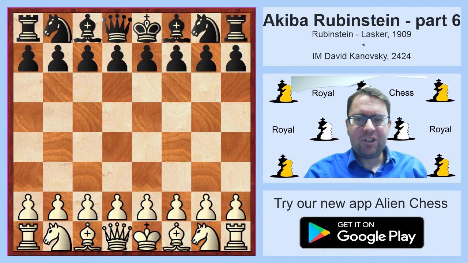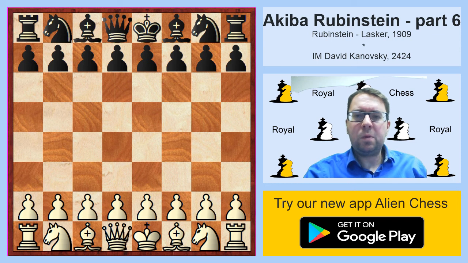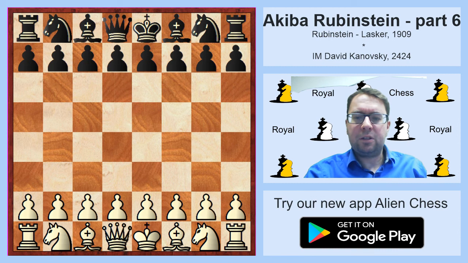My name is Kanovsky, and this is part 6 of my series about one of my most beloved chess players, Akiba Rubinstein. Today I've got for you another very nice win by Akiba Rubinstein, but this time it is a game against an absolutely top player of the time, because it was Rubinstein's game against Emanuel Lasker from 1909, from a famous tournament in St. Petersburg. And of course, as you know, in 1909, Emanuel Lasker was the world champion,